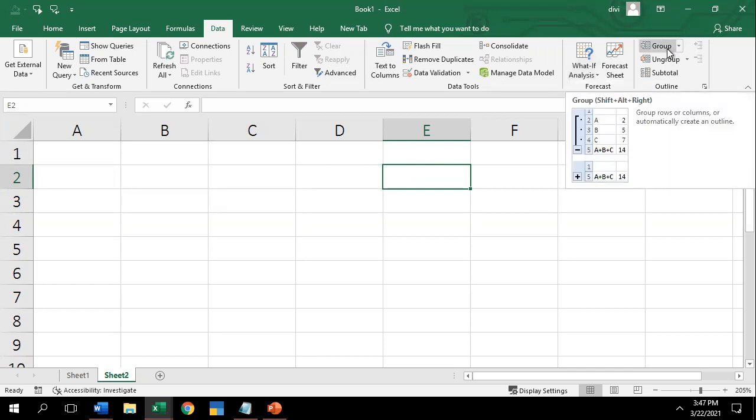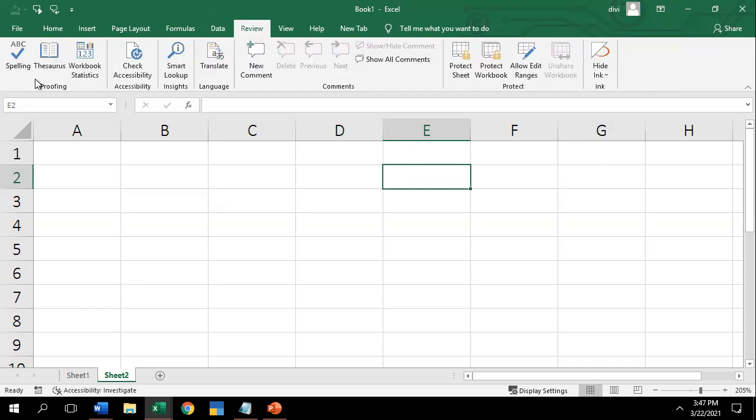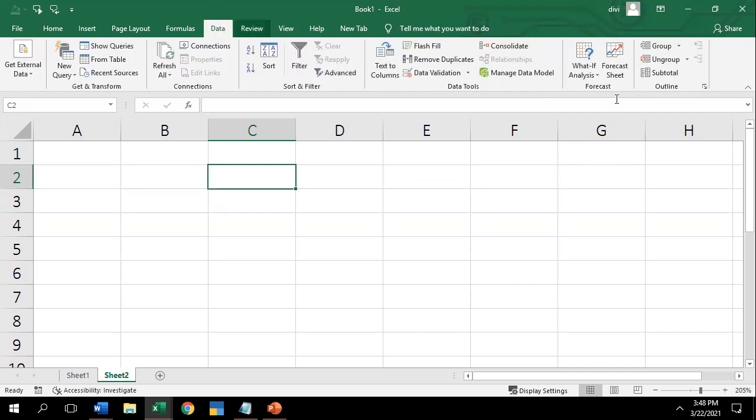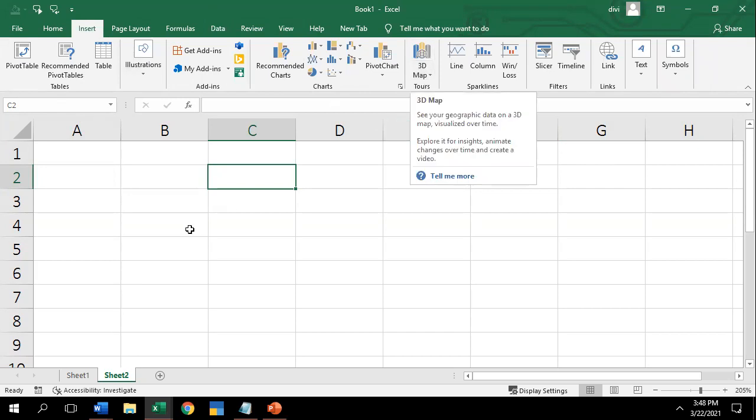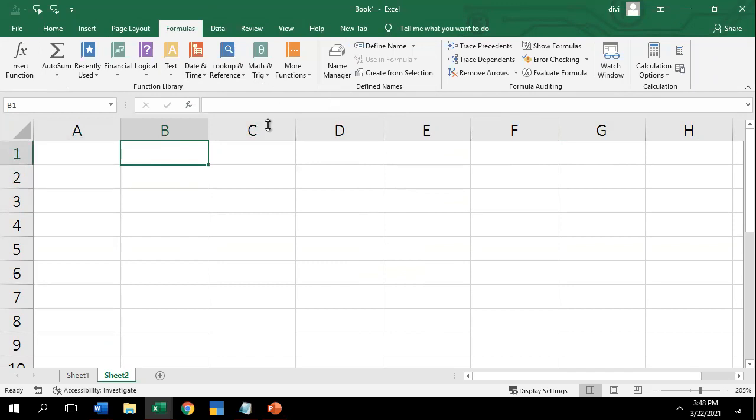And we have explained groups, ungroups, and subtotal. Then I have explained the review tab. So I have to do protection, in the data tab, relationships, queries, and getting external data. And in the insert tab, I have to explain 3D maps. These are the advanced level, and we also have different kinds of formulas I need to explain till now. Macros under relative reference I need to explain. And shortcut keys from A to Z I need to explain.